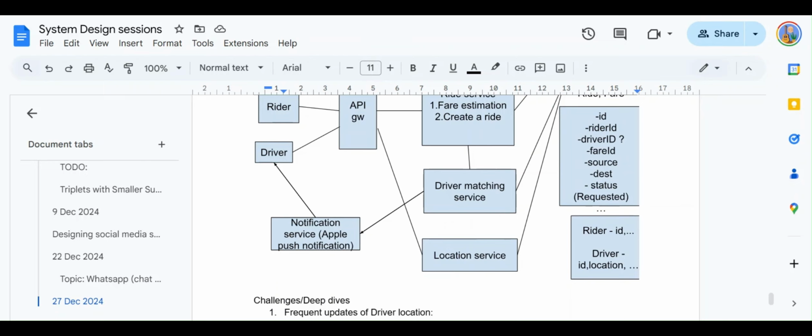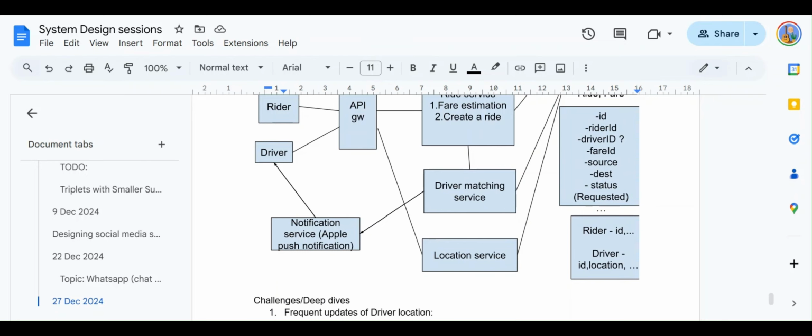Even if one instance sets the value of this parameter in its memory, its value has to get synchronized with the multiple instances of this driver matching service, which itself is a complex operation.